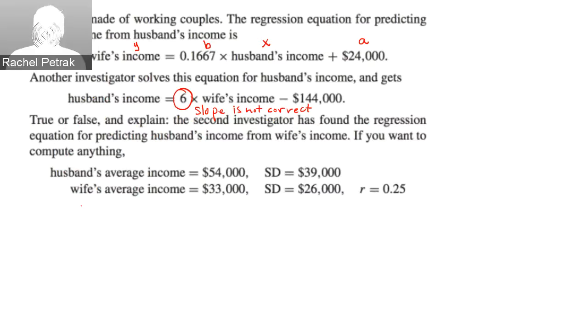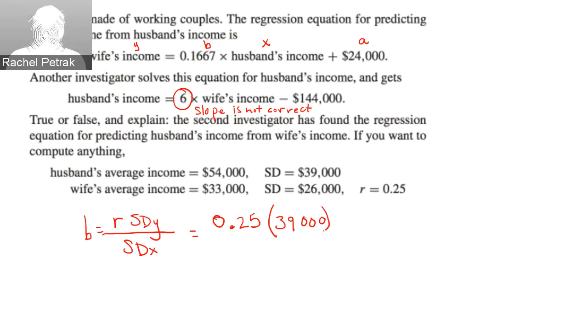You can find the slope using the same method that we used before, where our slope is equal to r times the standard deviation of y over the standard deviation of x. And that's going to look like 0.25, because we can assume that the correlation he found is correct. It's just that the model is not correct. So we've got our correlation for x and y. And since now the husband's income is the outcome, we'll put in